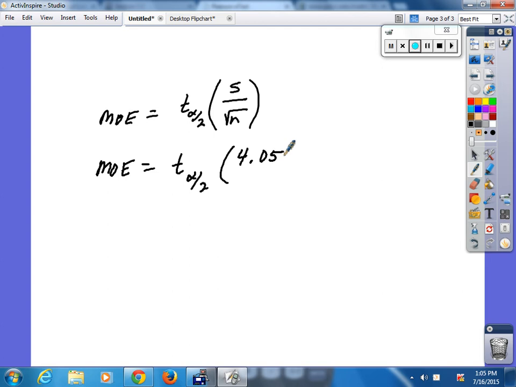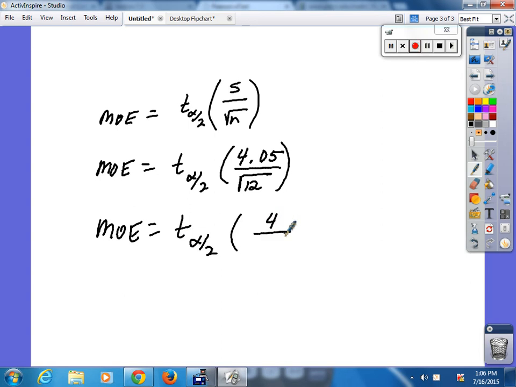Over the square root of 12. And MOE is going to be equal to T sub alpha over 2 of 4 over the square root of 12. The square root of 16 is 4. 3.5. 9 to 12 is 3. Half of 3 is 1.5. So